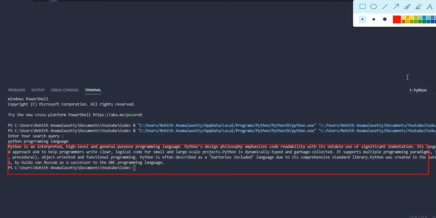To decrease this length, you can change sentences equals to, you can keep 3 sentences or 2 sentences. Okay, so after going through it,